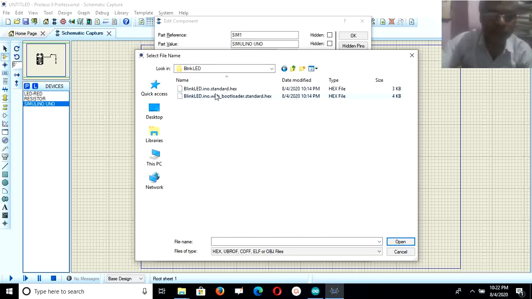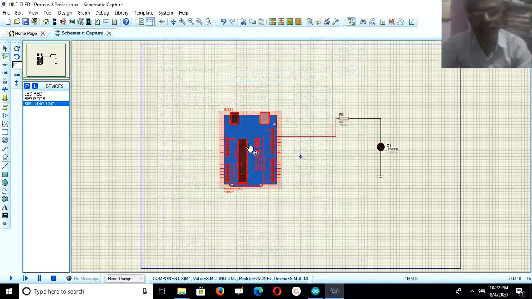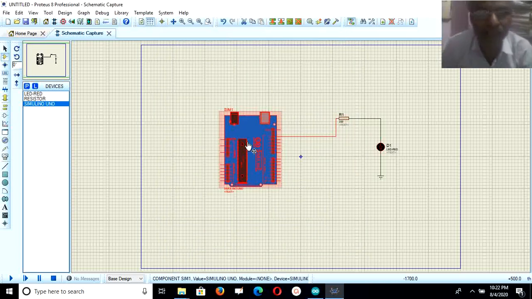Then select this first one, blink LED.ino.standard.hex. Then click on open. That hex file is again click on open. Then the hex file of that blinking program is loaded in this Arduino board. It is required to work this Arduino. It is required to run the blink LED.